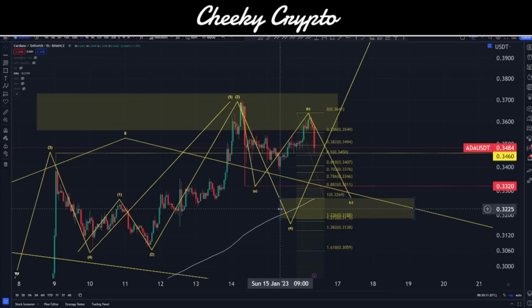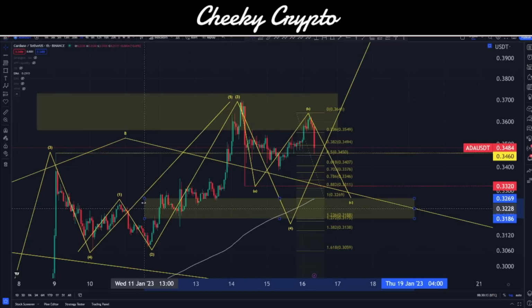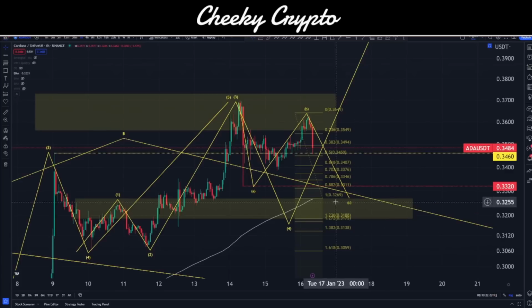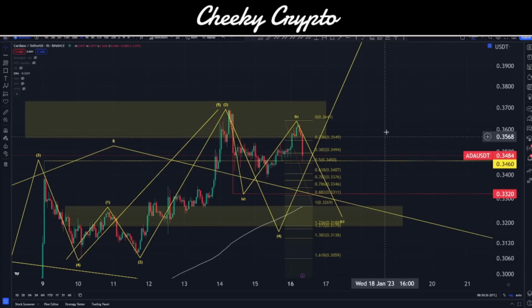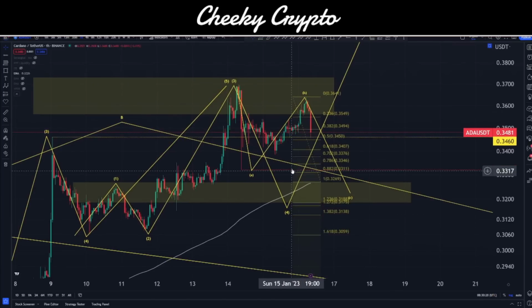So that for me is where we would be looking at this area. Now, if we throw this across and roll it across here, we can see this is an area of previous resistance that turned into support. And you can see here, this could be an area where we find support as we think about maybe moving back up from here.